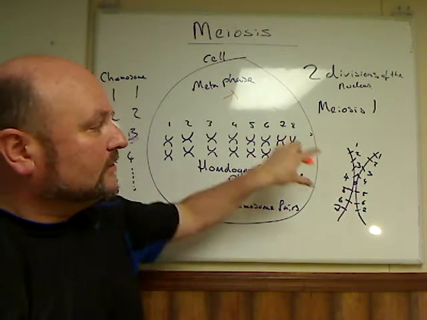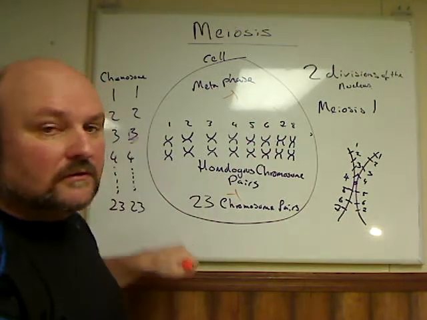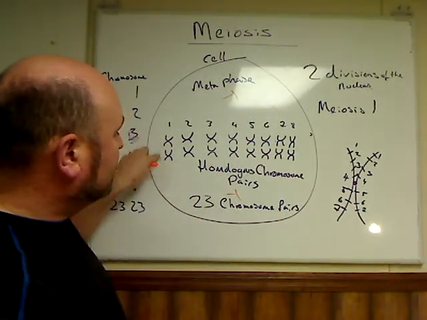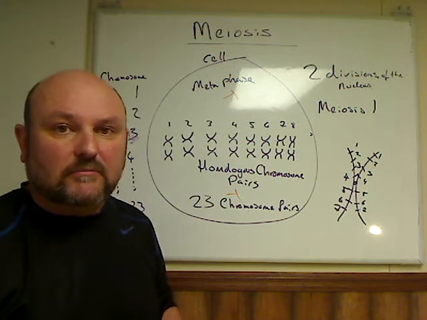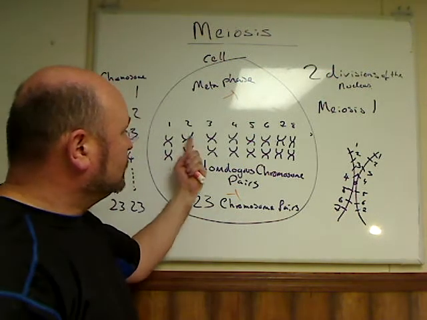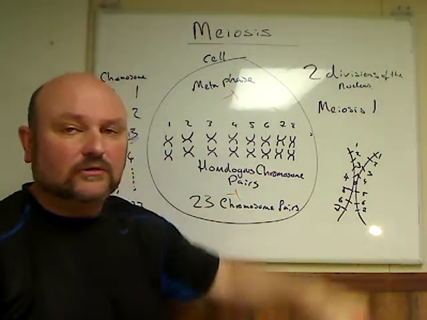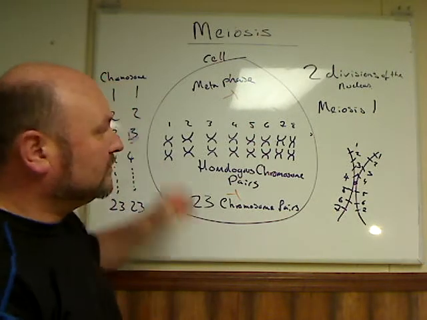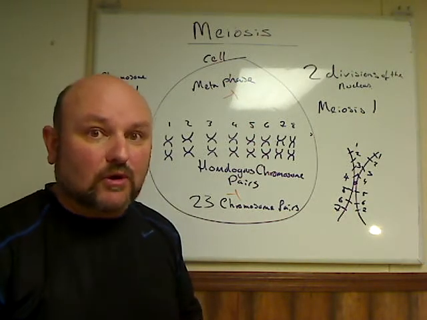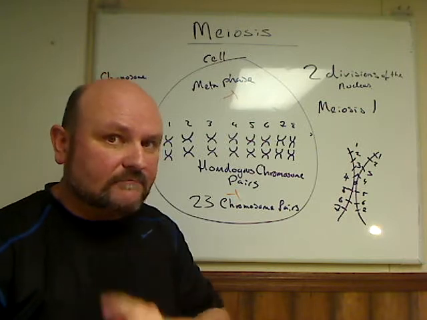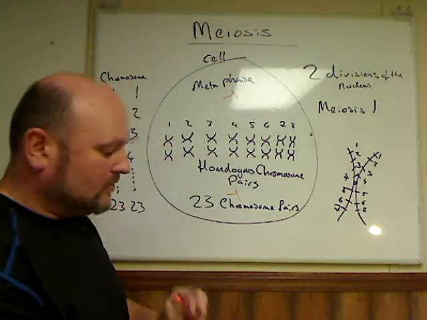That's what you're seeing here. So chromosome 1, each copy sits directly above or below each other. Chromosome 2, chromosome 3, 4, etc. all the way to 23. So they line up in their homologous chromosome pairs. Now that is important because,